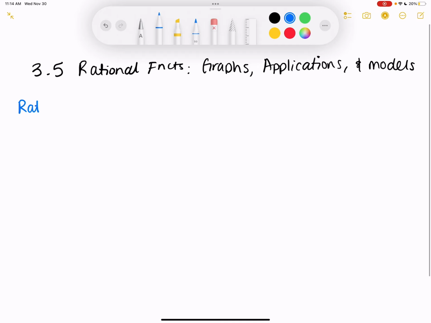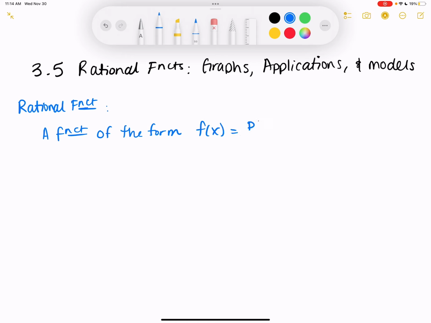So a rational function is a function of the form f of x equals p of x over q of x,